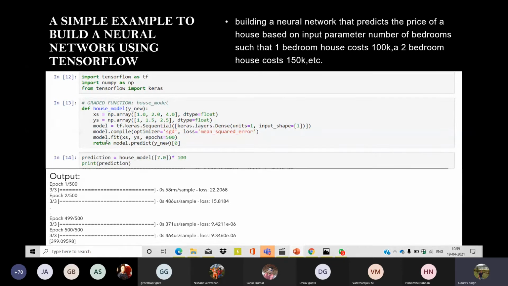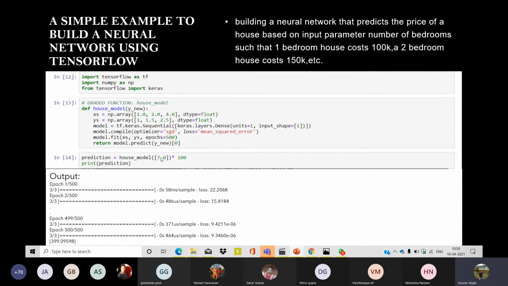And epochs is the number of steps that we will be following, which means with each progressing loop the model refines itself and works better. And we will be predicting for a house having 7 bedrooms.